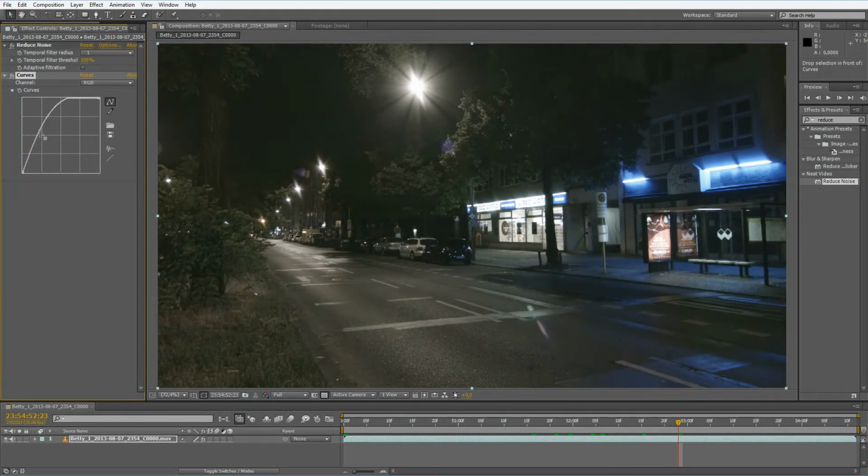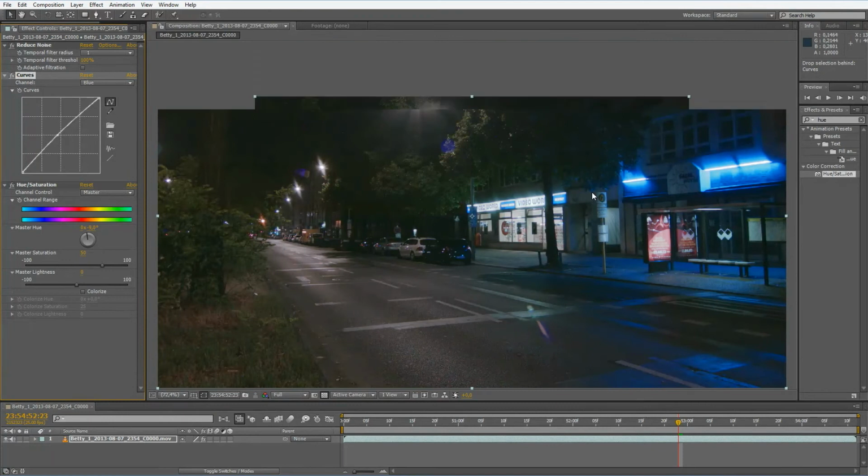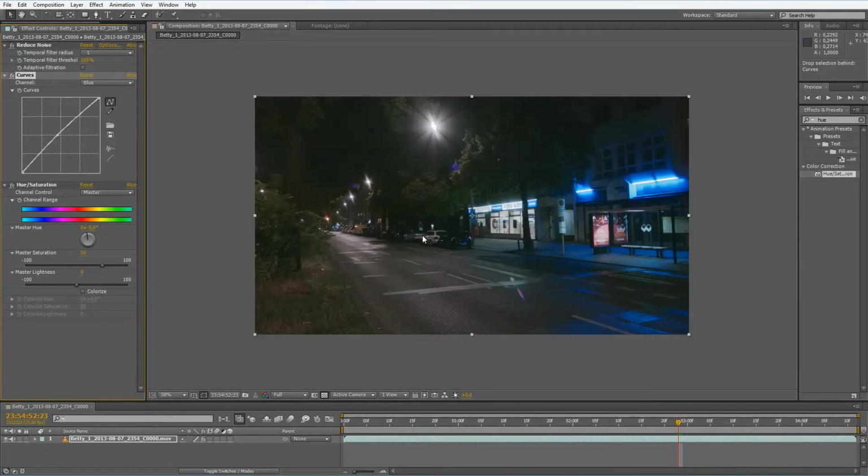So maybe we crank it up even a bit more, not too much, so we don't want to clip the highlights that I try to maintain. Maybe let's add a hue and saturation effect and add some saturation to this. So it's a bit nicer, maybe. Maybe we change the hue just a bit. Or maybe in the curves we add a little bit of blue. So, doesn't look too bad for the night